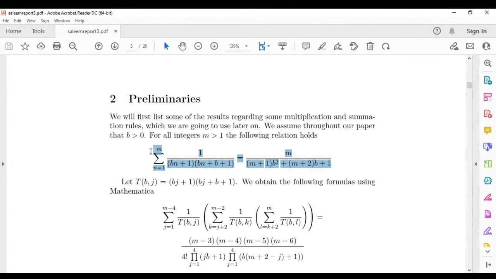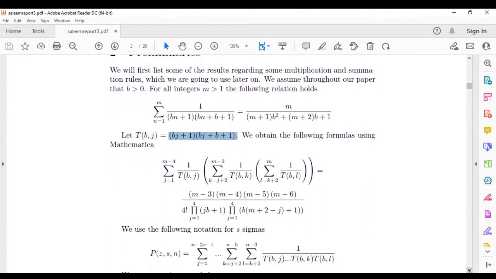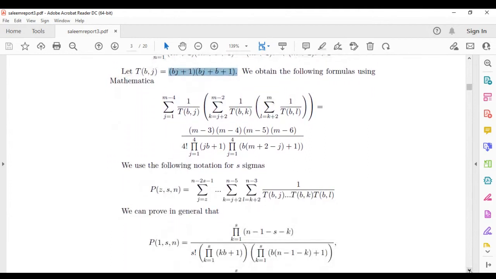Then we will try to expand this relation where we denote with the symbol T pairs of expressions, including the number J, and make some summations over J from 1 to m minus 4 for such expressions, and we call such summations